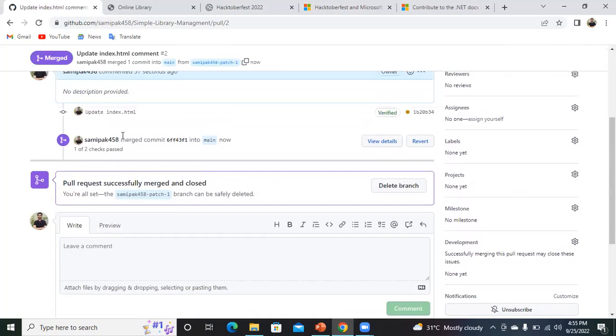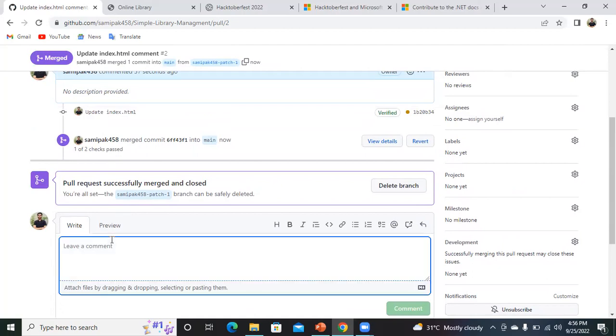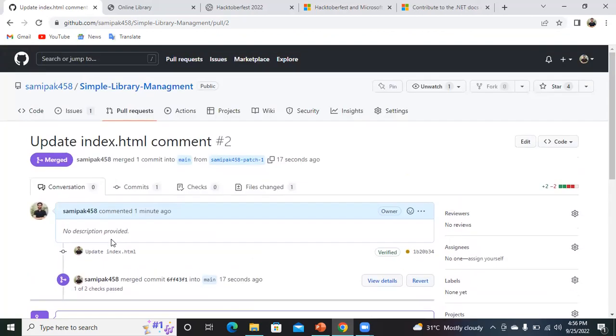When everything is reviewed, the reviewer or project admin will merge your pull request like this. Sometimes it happens that the admin is not reviewing your pull request, so you have to tag the admin and ask them to review it. You just tag them and ask, is there anything wrong?